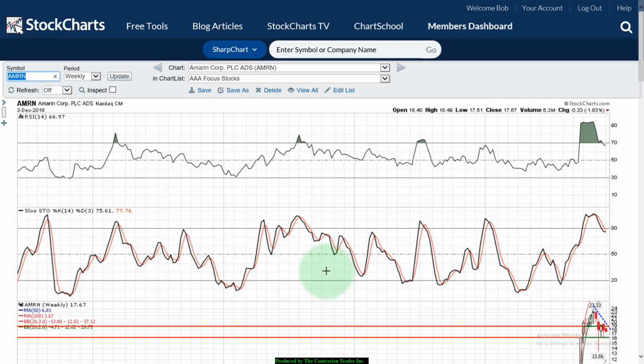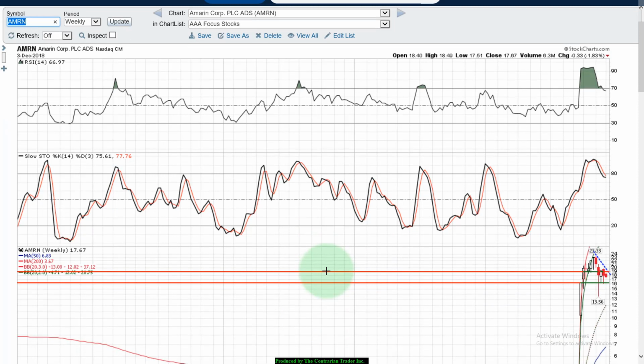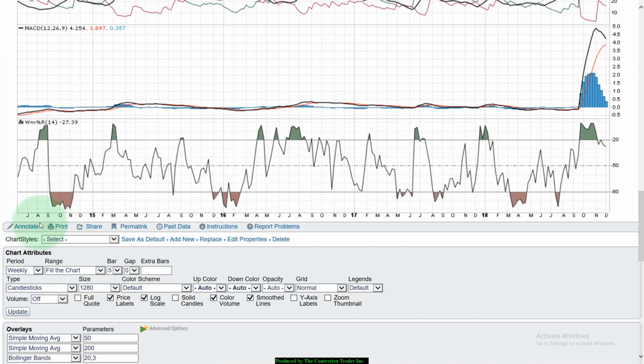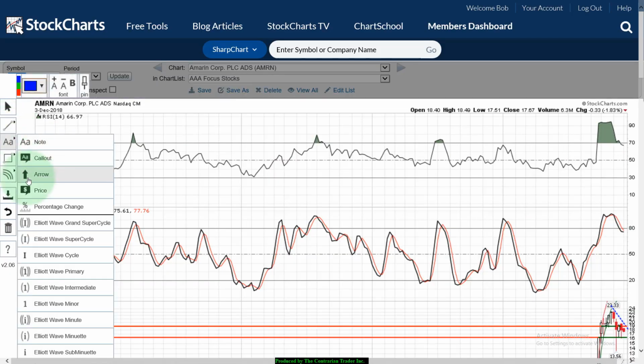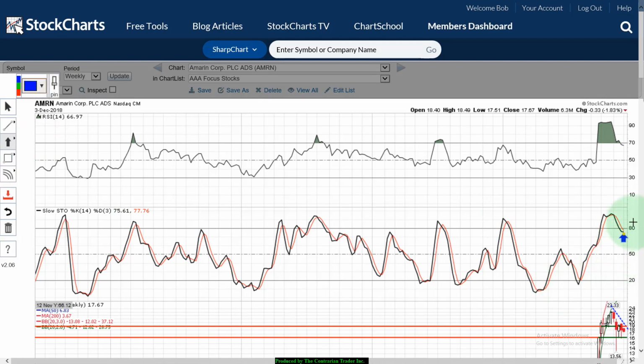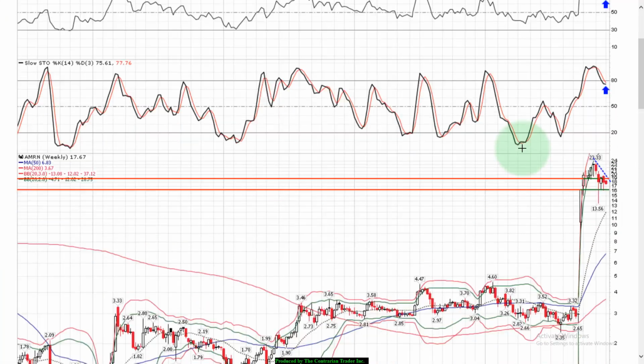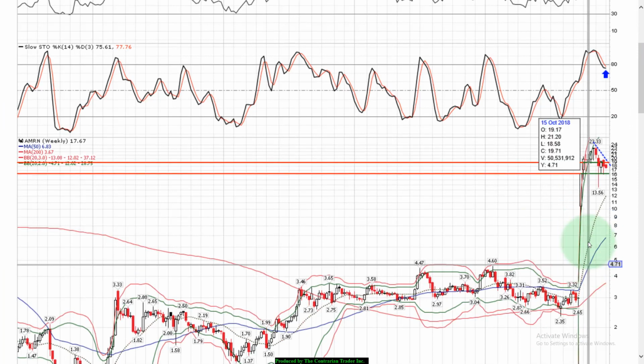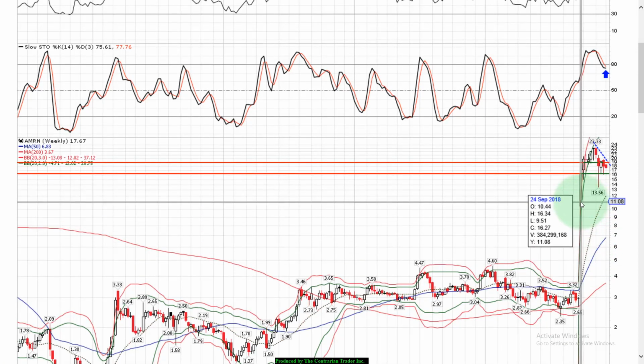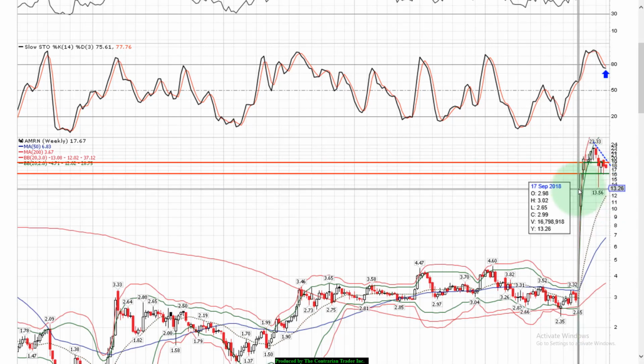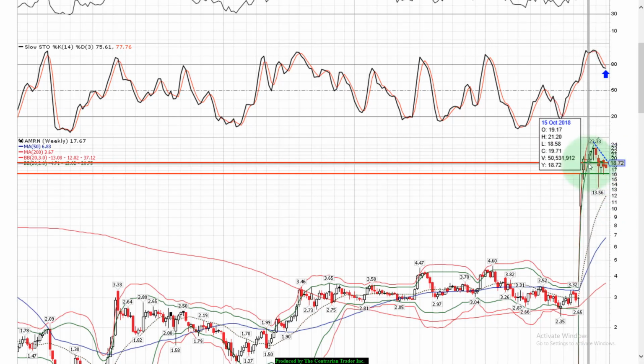AMRN, AMRN Corp. I want to spend a couple of minutes on the weekly chart, because what I find interesting here is a few things. One, let's acknowledge Stokes are flattening out. RSI implying the same. Now, we had a huge gap up back here the week of September the 24th. We pressed higher. This has all the markings of a short squeeze. And we have been consolidating between, let's call it, $16 per share and $20 per share